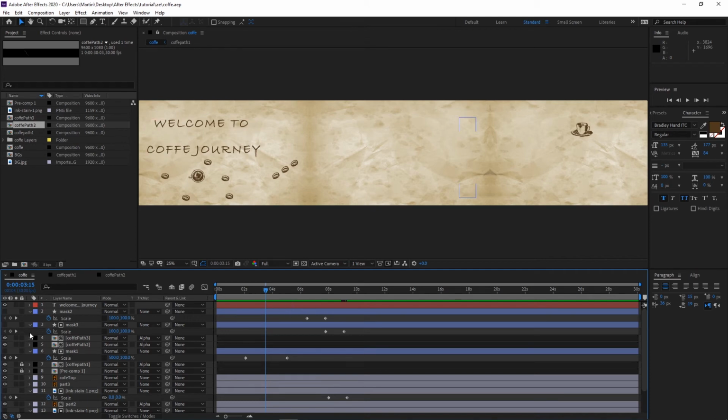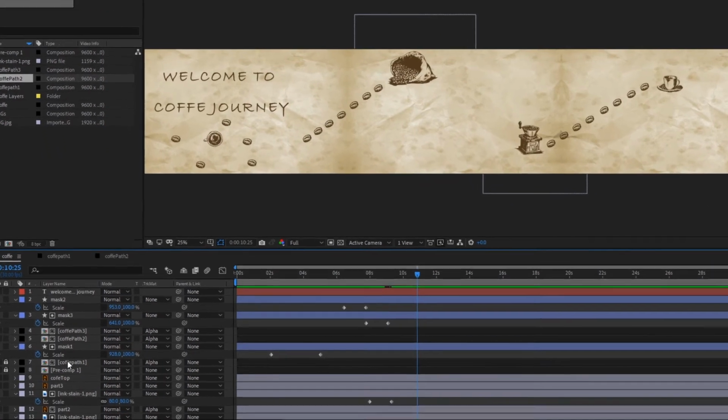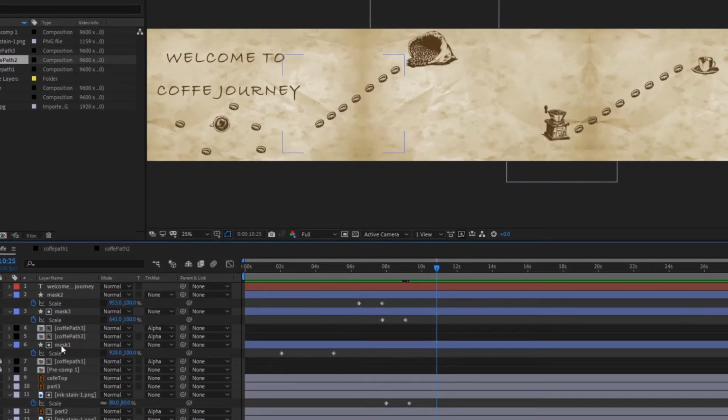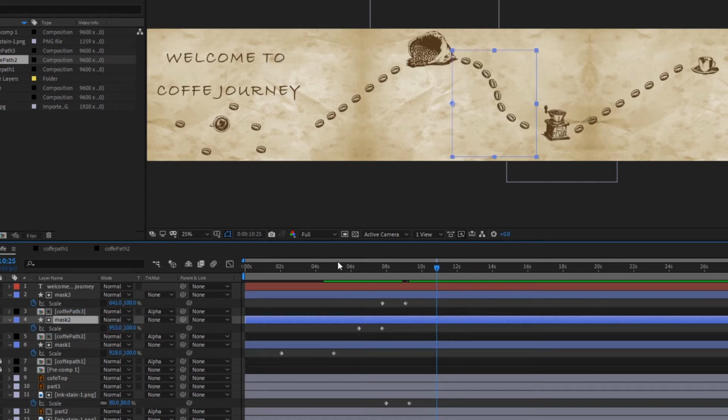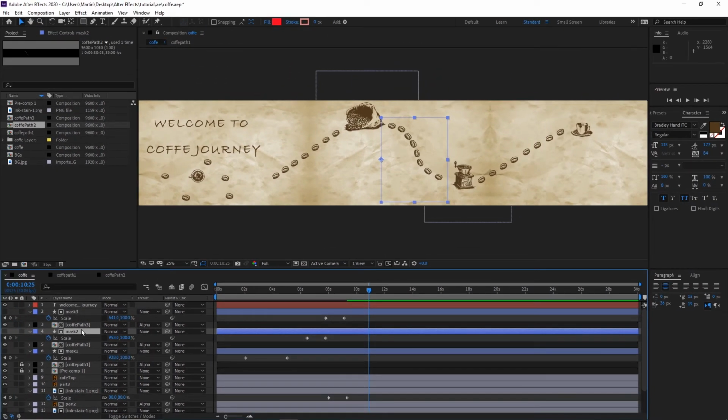And one thing, I made a little mistake, because my path 2 is not animated right now, and the reason is that I have my copy path 1 and the mask 1, and then I have my copy path 2, and I don't have a mask 2 above it. So what I need to do is take mask 2 and take it above coffee puff 2. Okay, accidentally I put this coffee puff 3 and mask 3 in between. Alright, so right now we should have it all like so. Okay, so we have this animation,